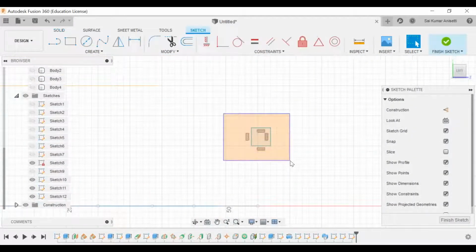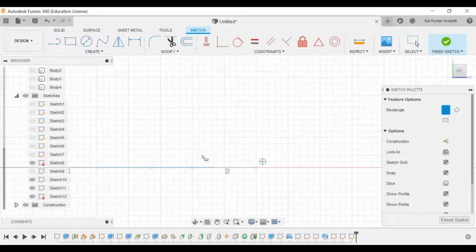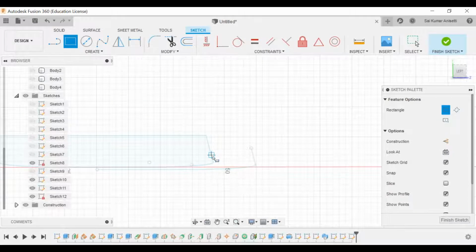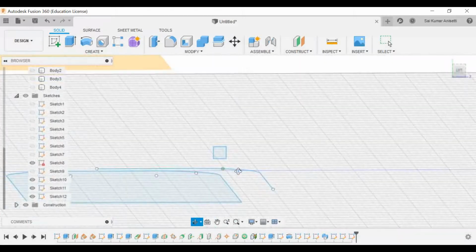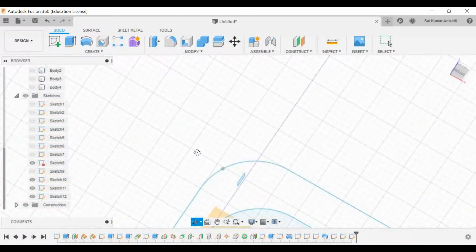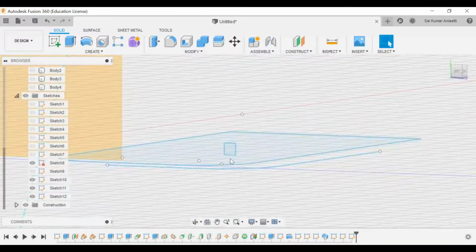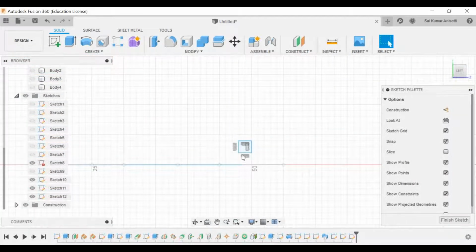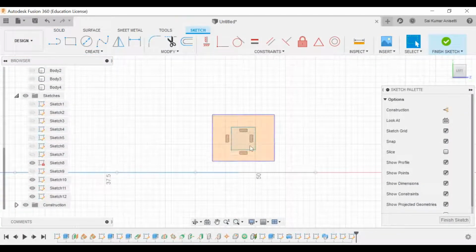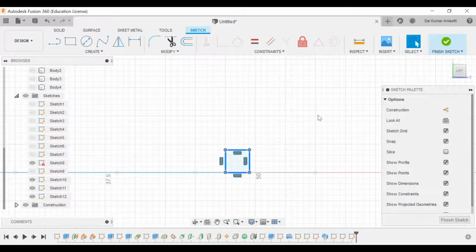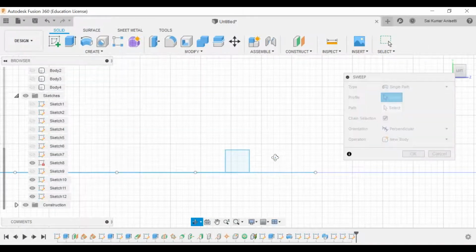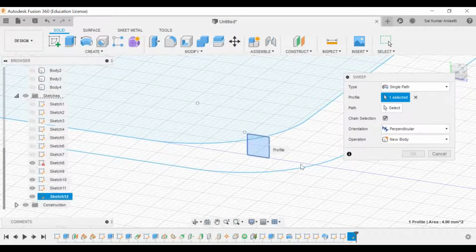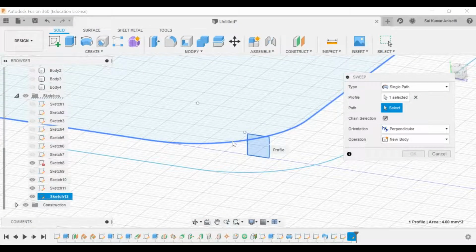Sketch number 12. Sweep. I'll just select this as my profile, and select this as my path.